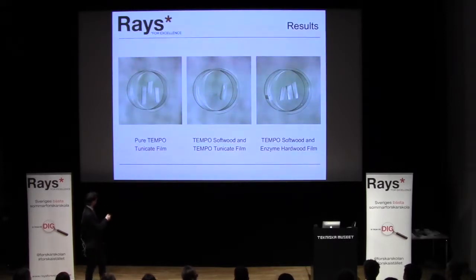One purely made out of tunicate to explore its fascinating qualities of having extremely long fibers. One made out of softwood and tunicate. One made out of softwood and hardwood. Now, the reason why